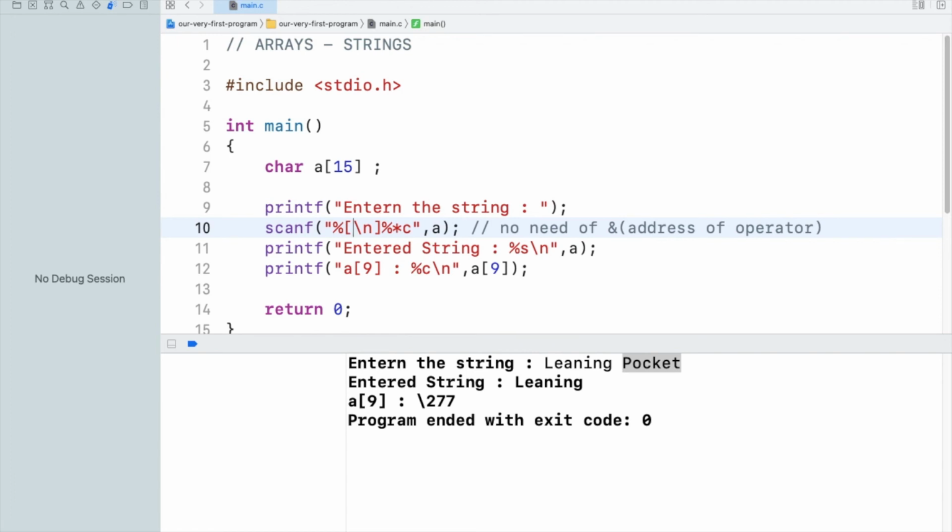So it is only going to scan the new line character, it is not going to scan any other character. And the negation, caret slash n, will mean that you need to scan until you encounter slash n, or enter is pressed by the user.